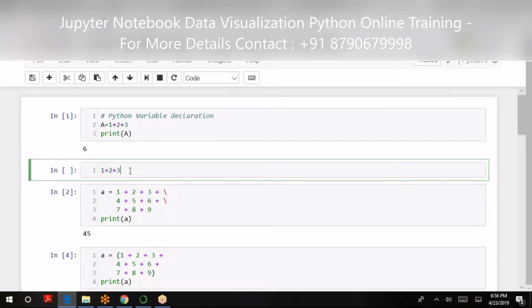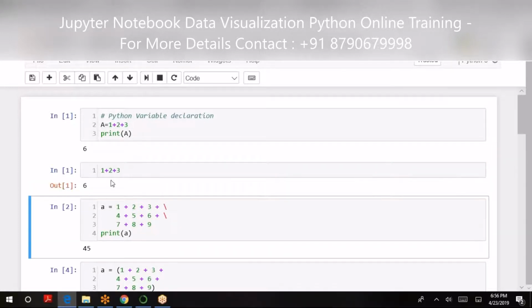Let's say I have a basic addition of a couple of numbers and I declare it directly. You can see the addition and subtraction given in the form of an output.